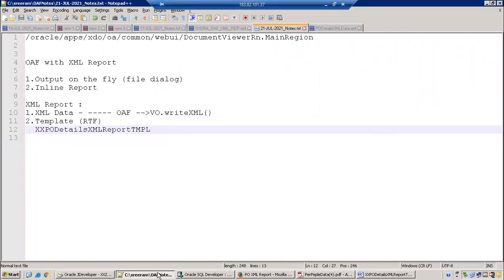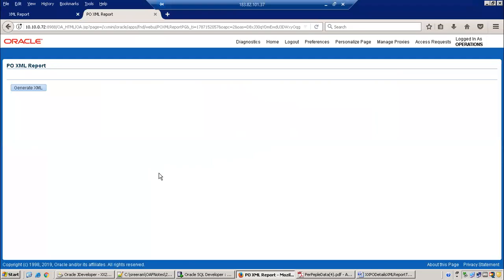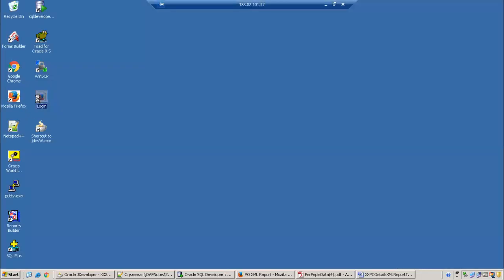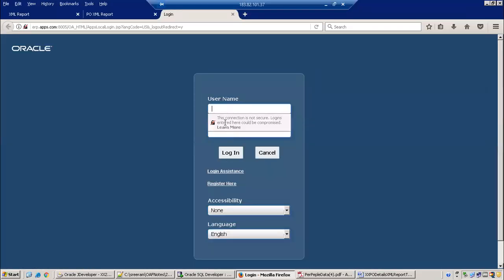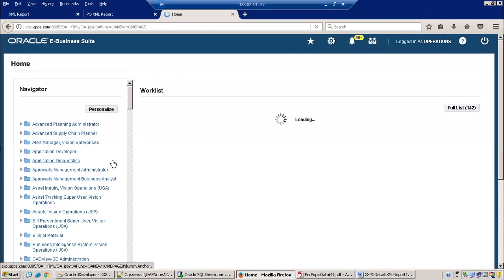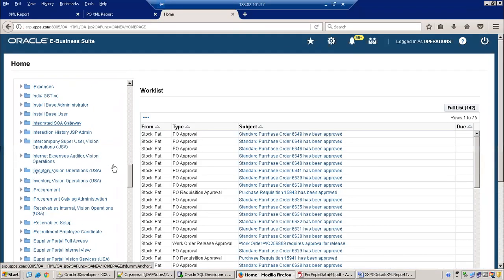Okay. Next step is to register the template. Now we'll go to my apps instance, as XML administrator, we need to. Yeah. Yes.